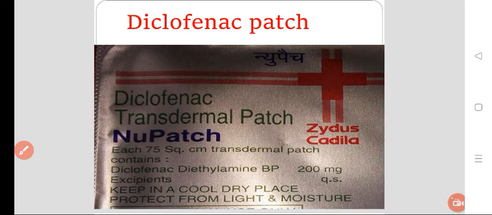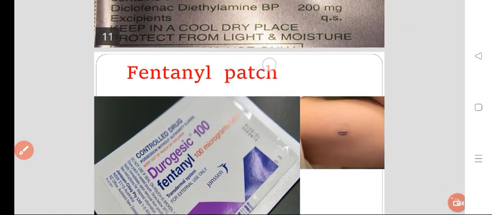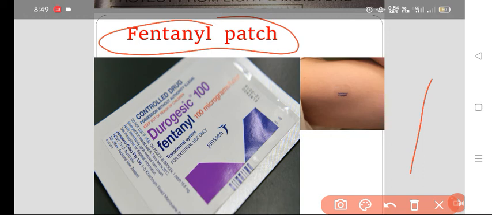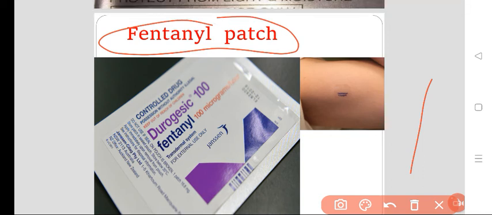Or in cancer patients, I will prefer the fentanyl patch. This fentanyl patch is again for pain relief or analgesic effect, because there is so much pain in cancer patients, so you can simply go for the fentanyl patch. It is highly effective, but the only thing is you need a prescription from a registered medical practitioner, then only you will get this fentanyl patch. But it is highly effective in cancer patients, and not only in cancer patients but for pain relief. I think you should go for these transdermal patches to avoid various side effects of the drug.